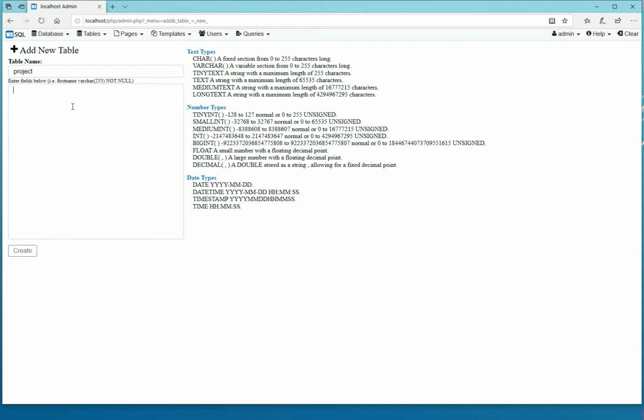It's going to give us some for free. I don't need to create an ID. I don't need to create the create date and last modified date. Those are all going to be given to us for free. So I just need